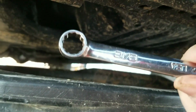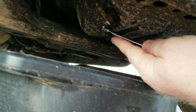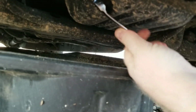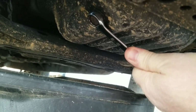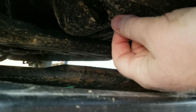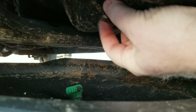The oil plug on these takes a 9/16 wrench. For any of you guys out there, if you're getting ready to change your oil and are just curious what size wrench it is, instead of crawling underneath here for 3 or 4, just a good 9/16 should do it. And whenever you put your oil plug on, you want to make sure that you don't over tighten it. It makes it that much easier when you go to change it the next time. You can see that it was just a little bit snug, and I promise that I did not over tighten it. Yeah, and I know some of you guys out there are going to say I should be wearing rubber gloves, but